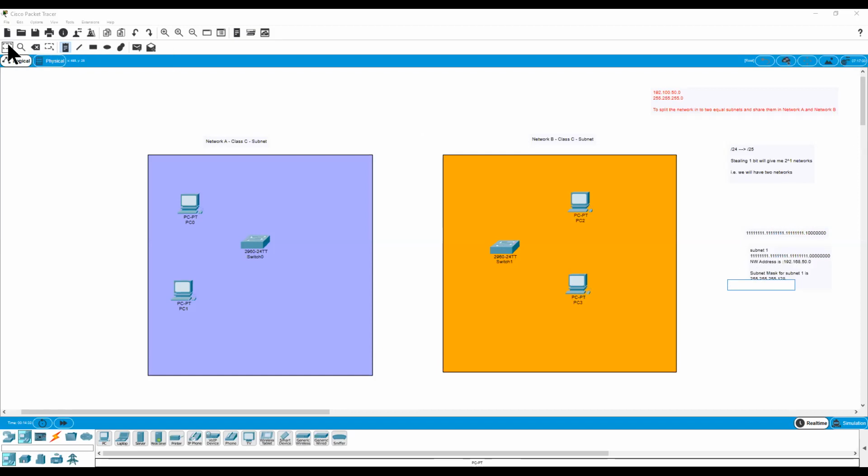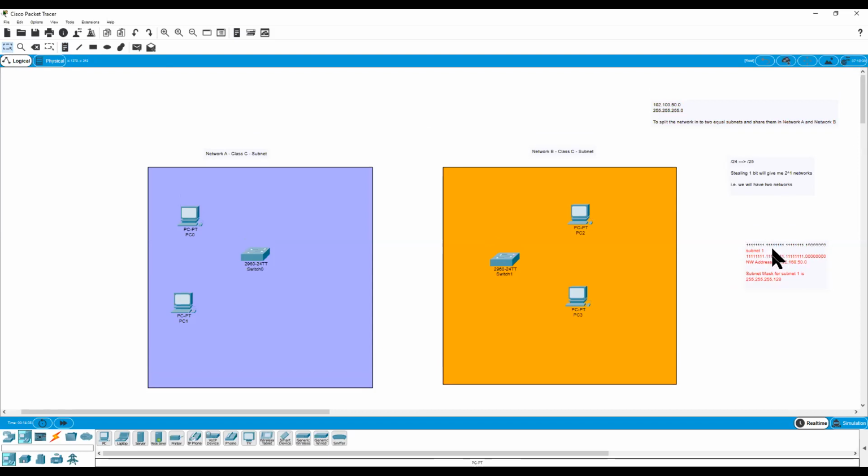Okay, so this is subnet 1. Now to get subnet 2, what I'm going to do is take this again, and this time that first stolen bit, I'm going to keep it as 1. In the first subnet, I kept it as 0. In the next subnet, I keep it as 1. So subnet 2 will be: